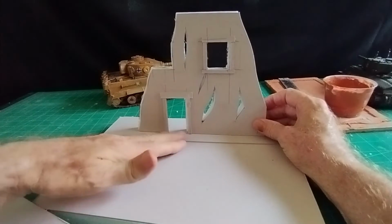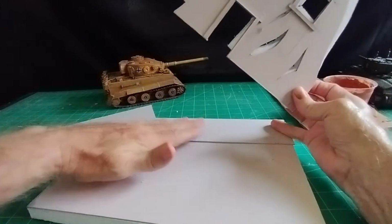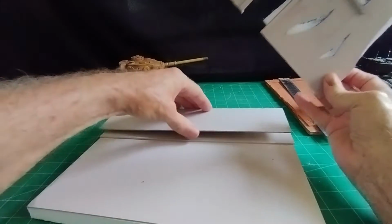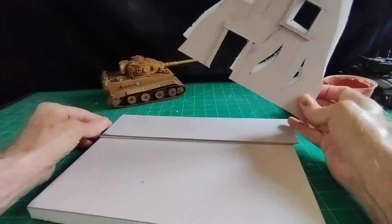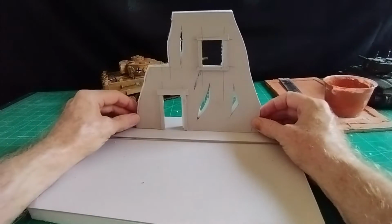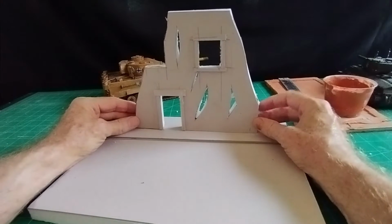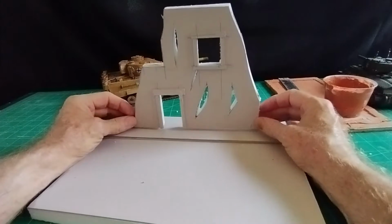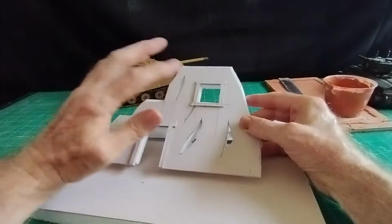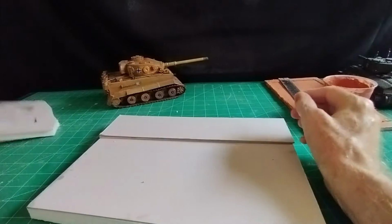But then when I put my cobbled street on, it will be level then with this piece of card, so I'll need another piece on top to raise it up to give it the effect of a pavement. So it'll be like that. So that's the general design of the diorama. I need to make the bricks to cover the front of the house, so I've got some